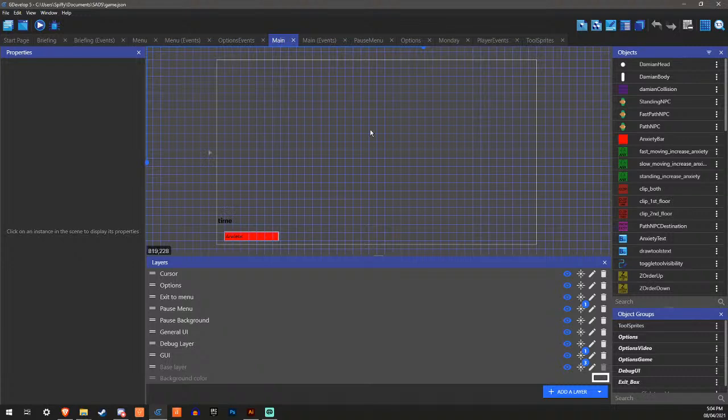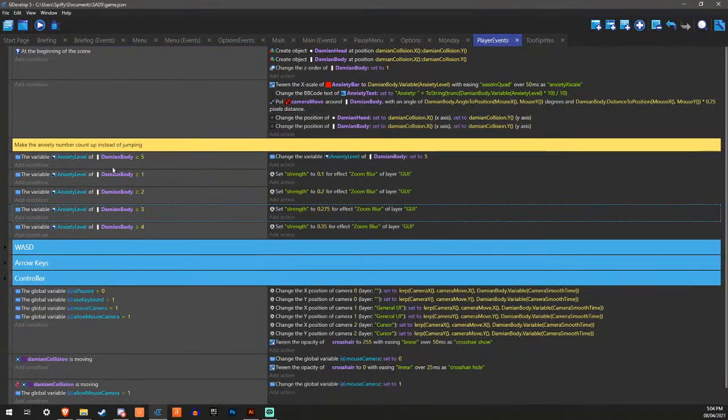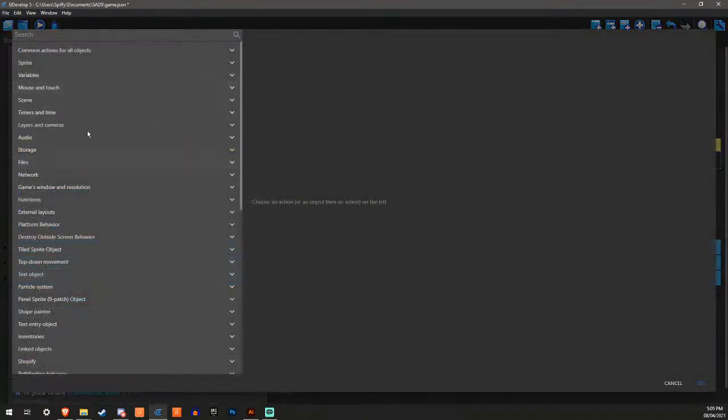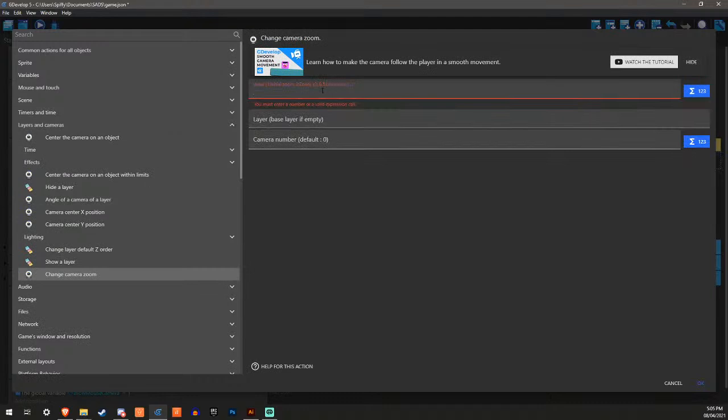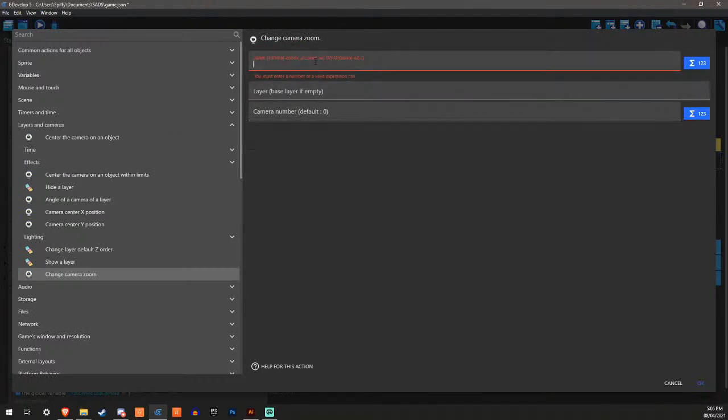What I could do is zoom in on the base layer the more the thing gets higher. Yeah, I'll do that. It's pretty cool. Change the camera zoom. Is there a... Can I just use light for this?